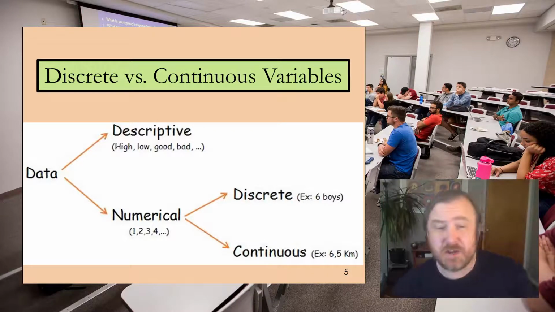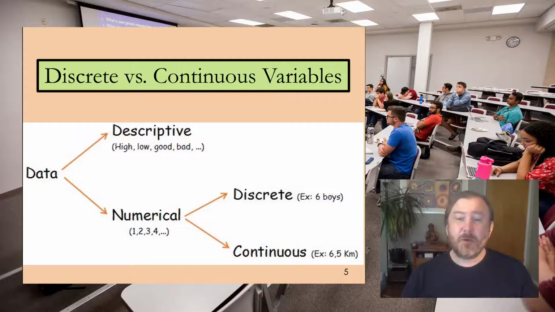A continuous variable is a variable that can assume any value, at least in theory. So in other words, there's an infinite number of values in between adjacent units. For example, I could say that weight would be an example of a continuous variable. How much do you weigh? I could say I weigh,